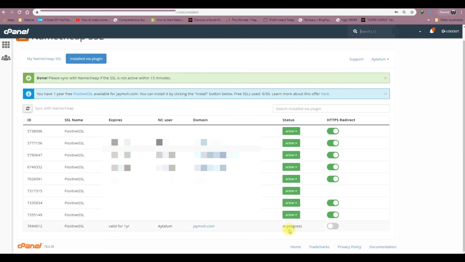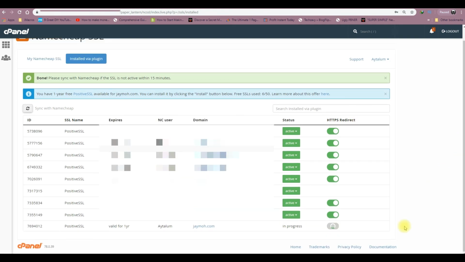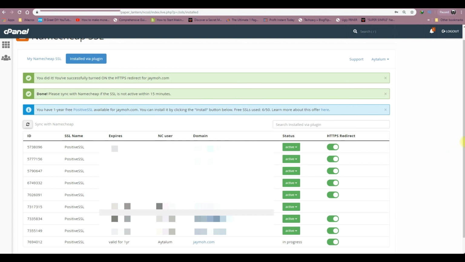Down here you're going to see that it's in progress. Just click on this to redirect every HTTP traffic over to the HTTPS traffic, which is more secure. Okay, this usually does take some time, like 5 minutes to 10 minutes. So I'll come back at that point after it's already propagated, and then we'll proceed. But these are the steps that essentially you'll be taking. We'll pick it up later on.